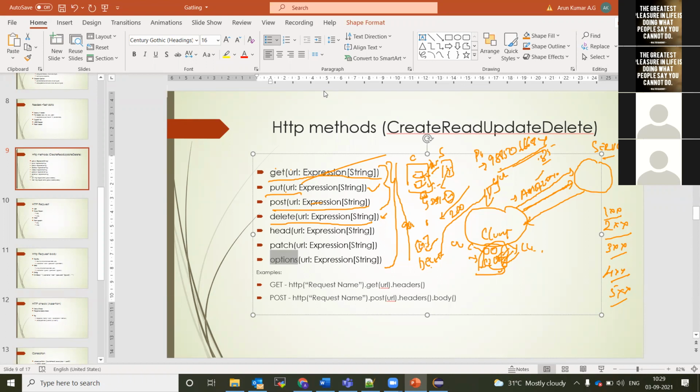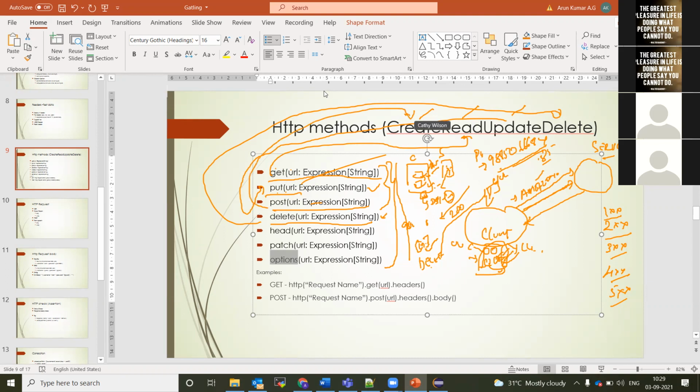Yes. See, you always need to understand, that's where Arun told you about the CRUD operations. Update will be done by PUT. PUT will do the update. DELETE will do the deleting. GET will do the reading. POST will read and even write. So that is an option for this one. So that's how it happens.